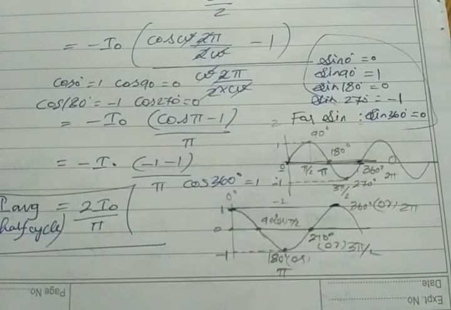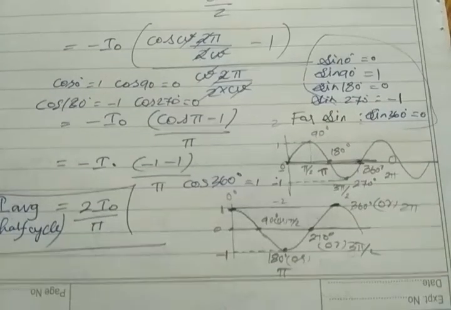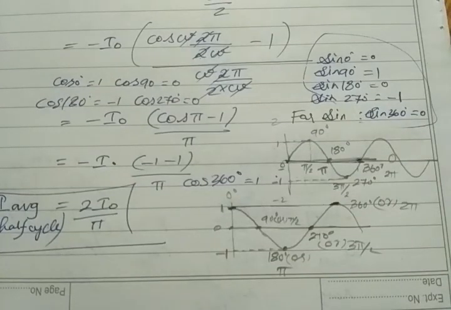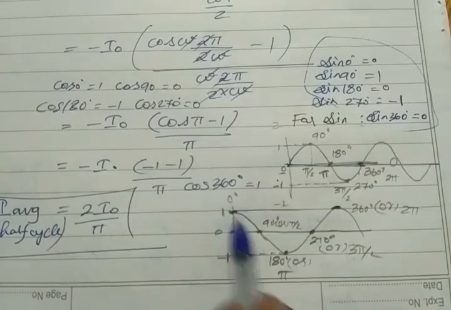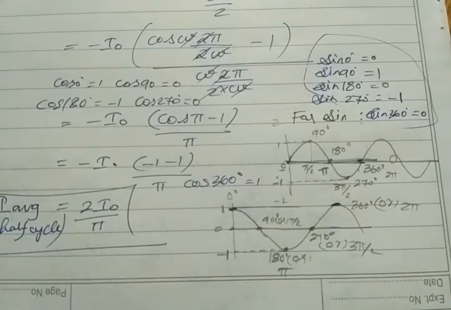Clear? So if you have any doubts whenever you are solving numerical problems in our board exam, or any type of competitive exam, and you are confused with these values, then simply draw the graph. Always start the sine value with 0, always start the cos value with 1, then you will get a graph like this. Then think about the value for another half cycle, for every 90 degree, then you will get all the values perfectly correct.